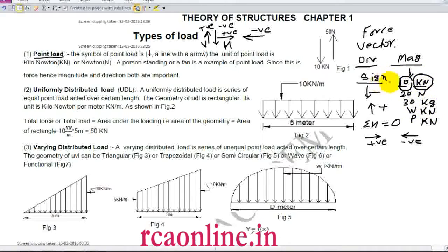So how will we define a force? Whenever I want to write this force, I will write it as minus 10 because it acts downward. If I have to write this force, I will write it as plus 50. Similarly, if a force is acting in this direction, let us say this force is H and its default unit is kilonewton, then what will I say? Plus H. So plus shows my direction and H shows my magnitude with the unit of kilonewton.